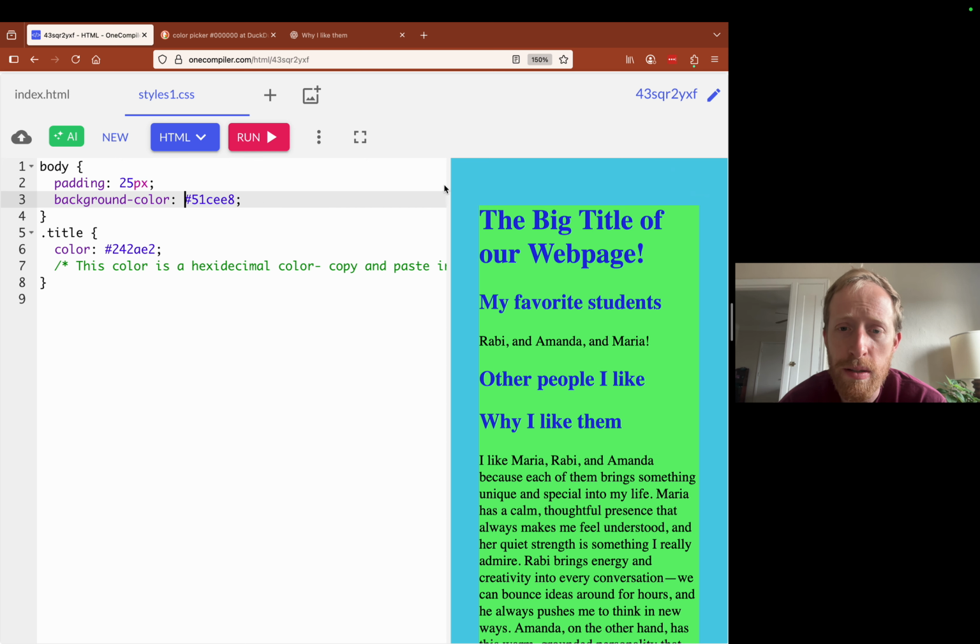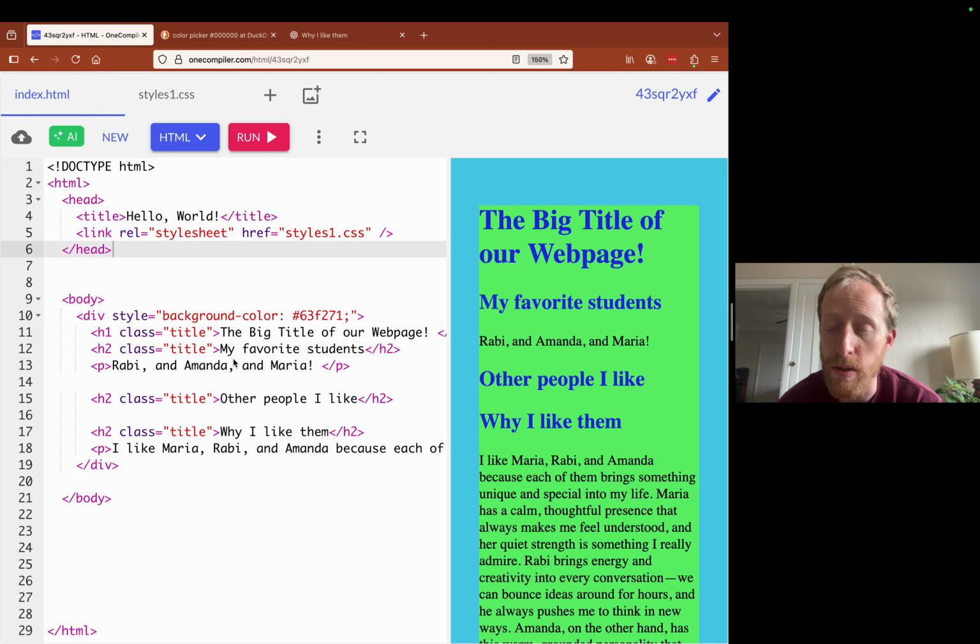I've changed the color of our headers to this dark blue color. And the other thing I've done, I could have done this in the styling sheet. You can also do it directly in HTML. For the div, I added a background color of this green, okay?